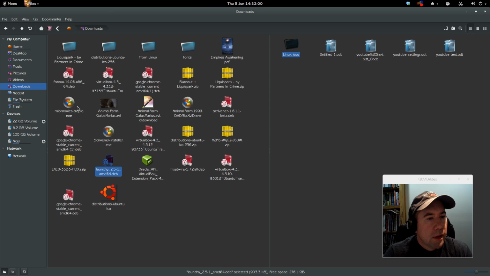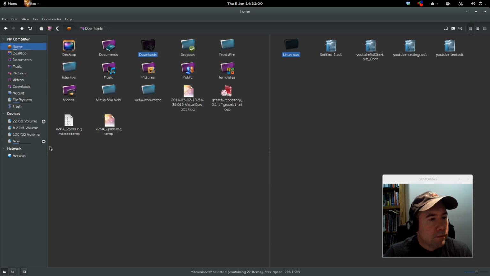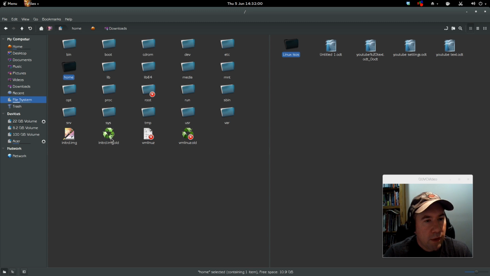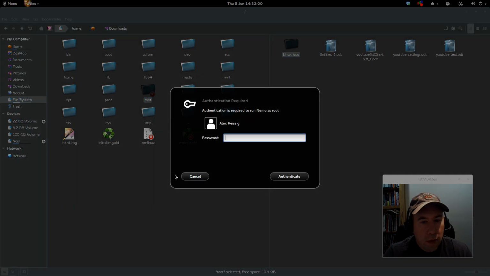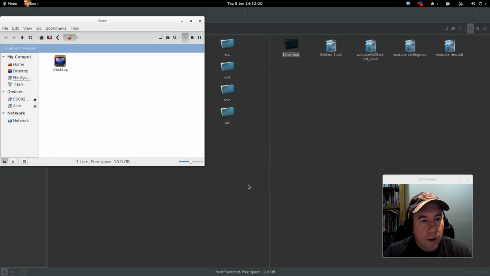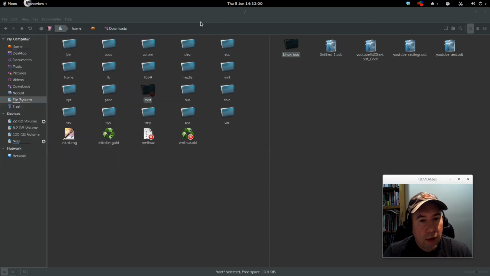And I believe, go to home, or actually file system, that's what I want. There. You can open in terminal. You can also do an open as root. You'll need to put in your authentication, but like I said, you can open that as root, which is very cool to be able to